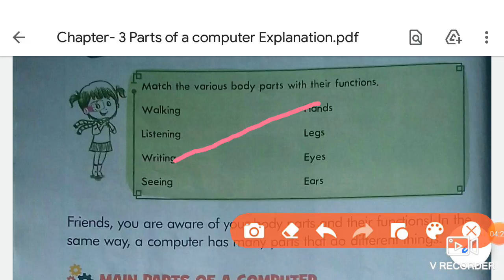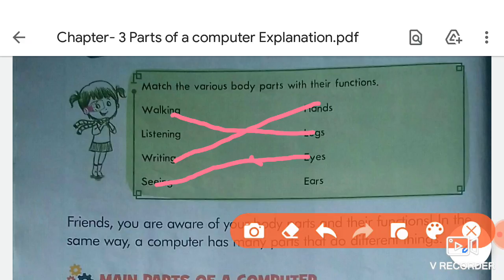The next one is legs, so we walk with the help of legs, and we will match them with walking. Next one is eyes, so what do we do with the help of eyes? We see things with the help of eyes.